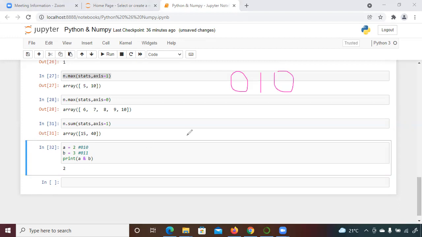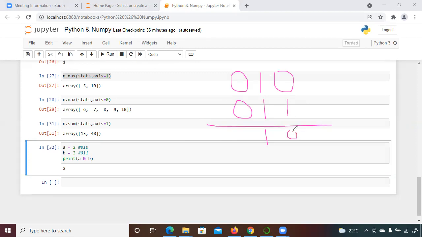So 2 is represented internally as 0 1 0, and 3 is represented as 0 1 1. The bitwise AND operator says that when both digits are 1, then only you will get 1. If any one of them is 0, out of the 2, then you will get 0.